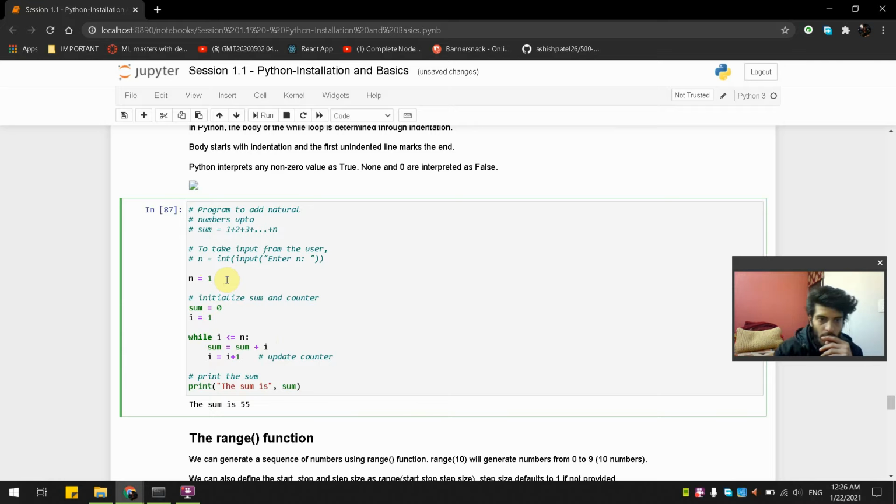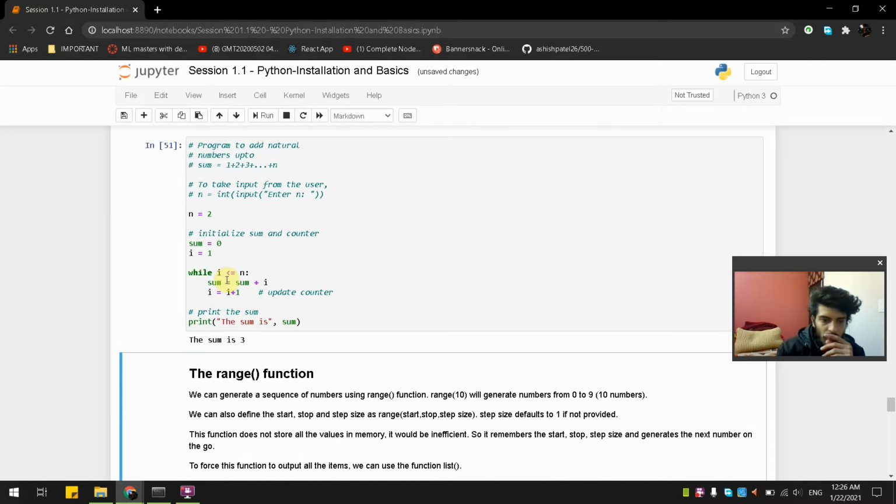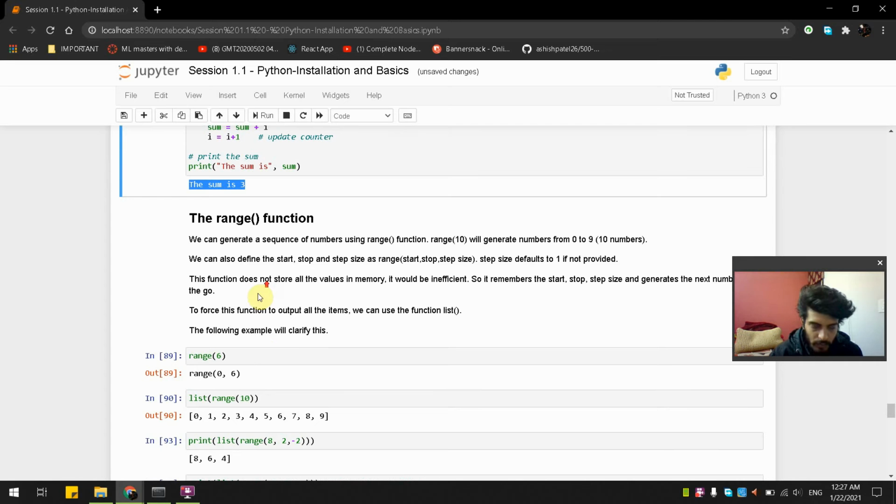If I talk about 2, it is 2 here, and it's just going to print as 3 because 1 is less than n, then it is going to 2. 2 is less than or equal to n, then it is again going into the while loop, and then it comes to 3, which is greater than n. Then it is going to exit the loop and the sum is 3, then it will print the sum is 3. It's easy, you can try it yourself, you can do it on your computers.